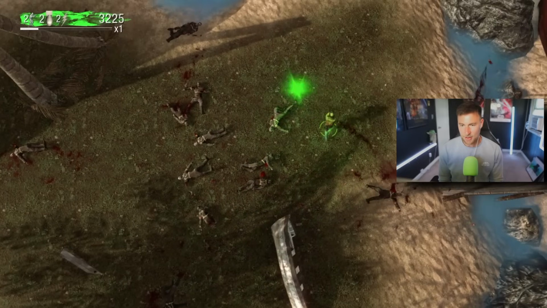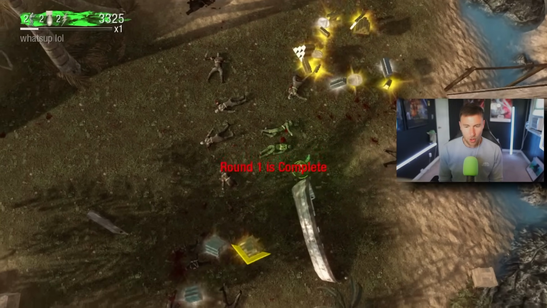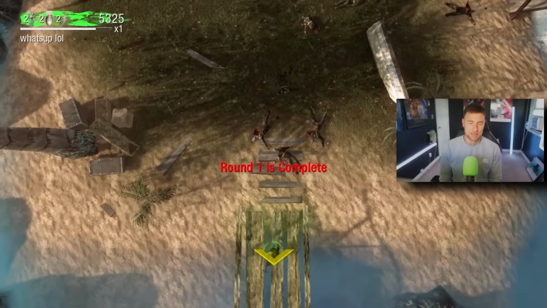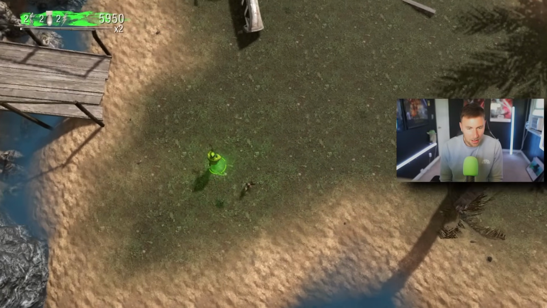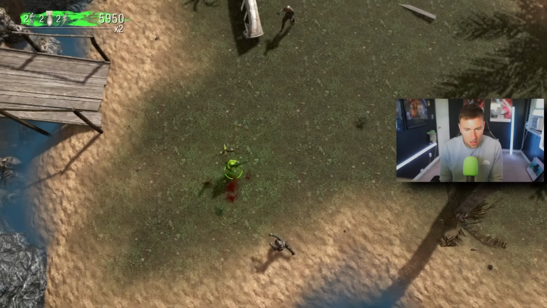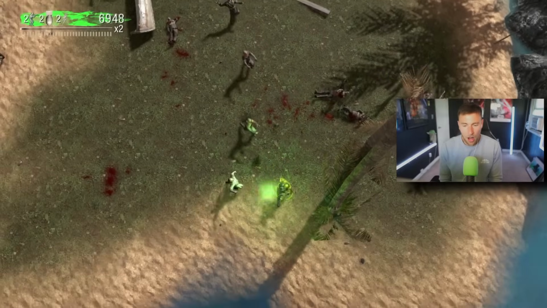It's been a while since I've done this. There it is, boom. Ammo, gold, round one is complete. Bada bing, bada boom. I mean, it's pretty simple. Obviously, as time goes on, the more rounds happen, the rounds are more difficult. But either way, something... Is that a chicken? Is that helping me? I can't tell if that's helping me or not, guys. If you know if that helps me or not...